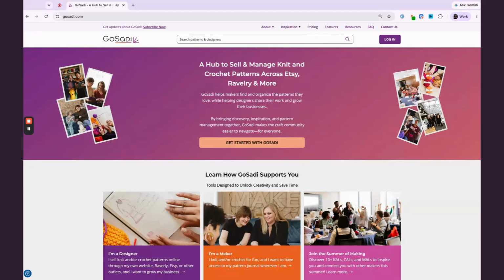Hey guys, today I'm going to show you how to join a make-along on GoSadi. There's two ways to join a make-along. It's free to join. You can join any make-along you want with the free version, the Lindy level, or any of the paid subscriptions. So the first way is if you got a link from a designer or a make-along organizer,